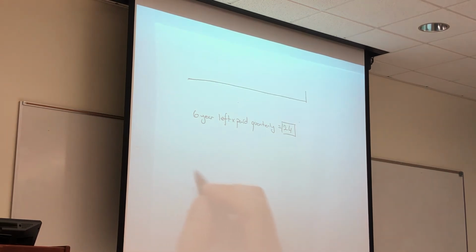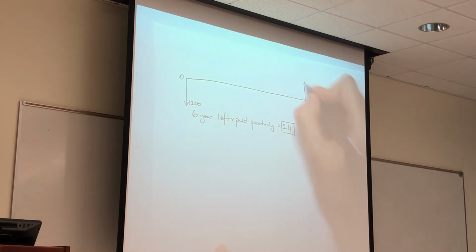So we bought it at $1,200. It's a downward arrow for $1,200 at time 0. Why 0? Because that's the time we bought it. We don't care about the past. We just care about our money. And then the face value is $1,000. So this means that we bought it for $1,200. We're gonna get some coupon payments on every period, and then at the end we're gonna get the face value. We're gonna say, hey, this is the paper that I got from you. Give me back my $1,000. So at the end, we're gonna receive $1,000.